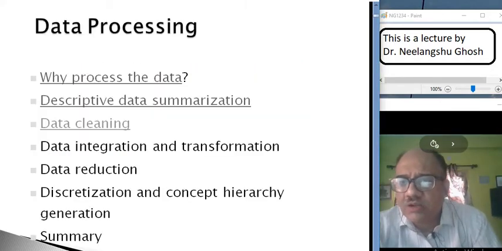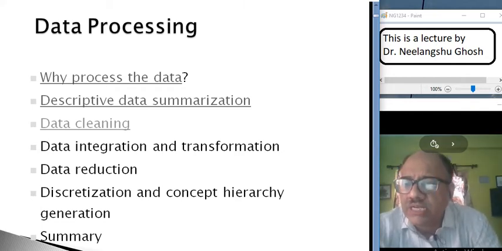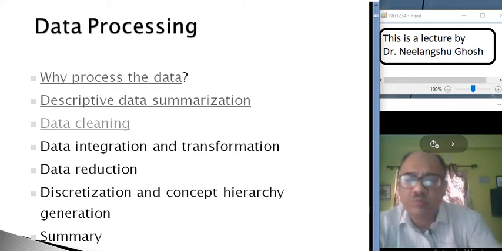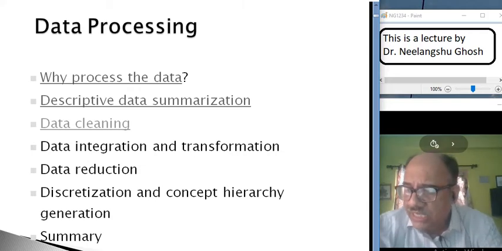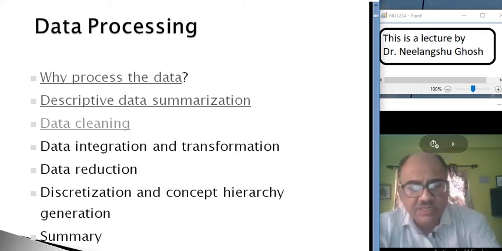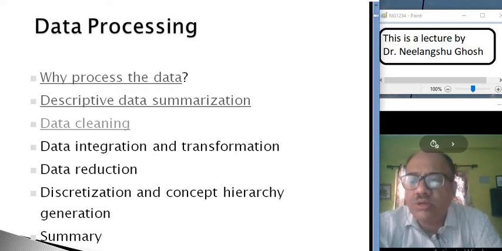The next part of data processing is data cleaning. We have already discussed why to process data, and the different steps in data processing. One of the important steps is data summarization. Then the next part, as we have said, is data cleaning. So what do we do in data cleaning?